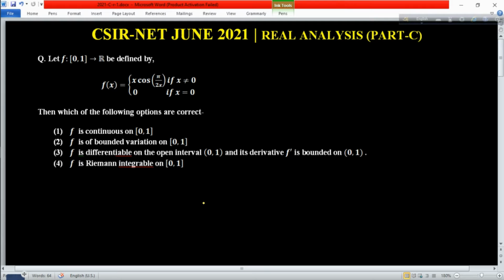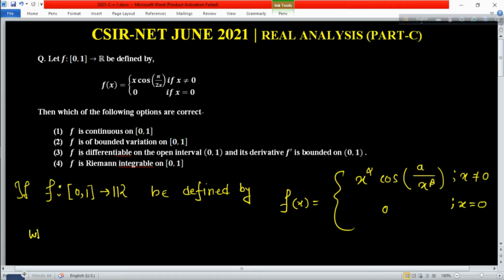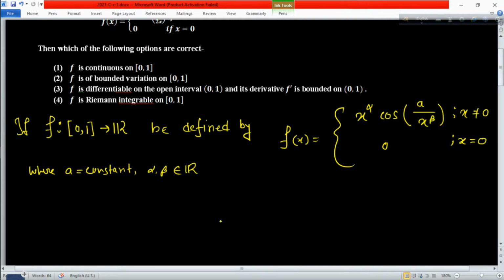For this problem, we can use a standard result which states that if f is a function from the closed interval [0, 1] to R defined by f(x) equals x to the power alpha cos(a divided by x to the power beta) for x not equals to 0, and 0 for x equals to 0, where a is a constant and alpha, beta belong to the real numbers, then: